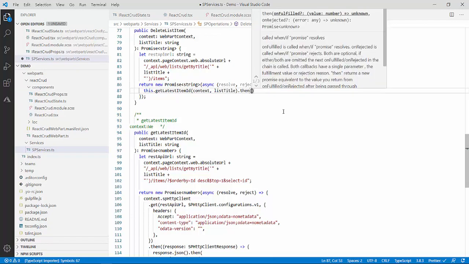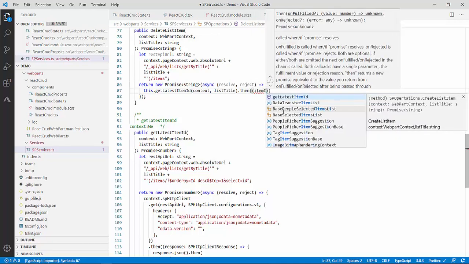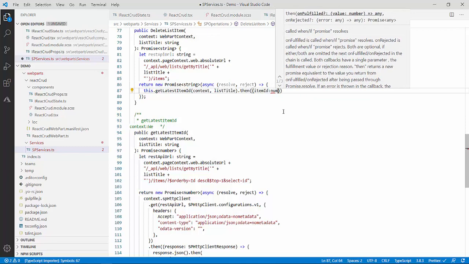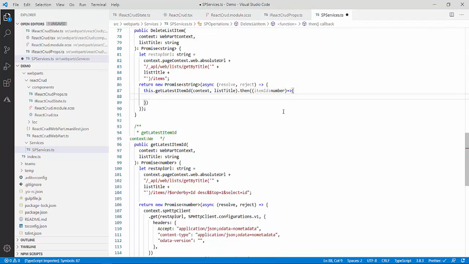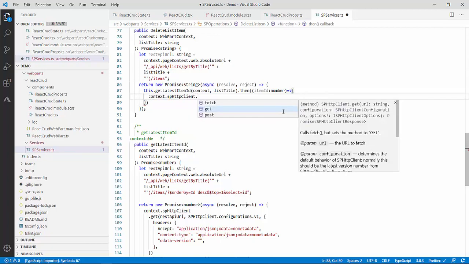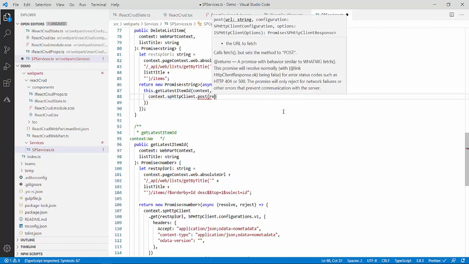After that, I will get the item ID. I will say item ID of type number, and then I will use that item ID over here. From here I will call another REST call to delete the item. For that, again context dot spHttpClient dot, this time it will be a post request, and the three parameters I told you: REST API URL.